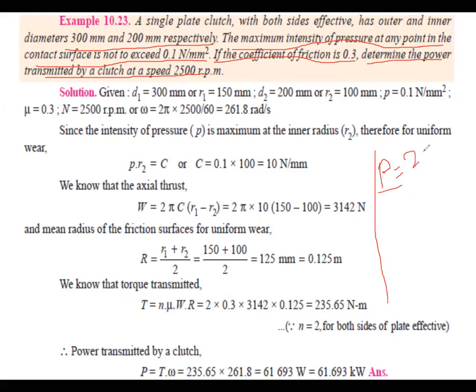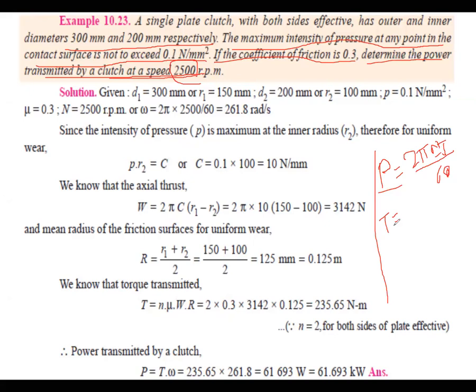So what is the power formula? So we know that power formula is 2 pi n T by 60. This is the simple formula. So every one of you know that. So in this power determinant formula, n is given. What is the n? N is 2500 RPM. So we are asked to calculate the power when the clutch speed is 2500 RPM. Right. So unknown value is a torque.